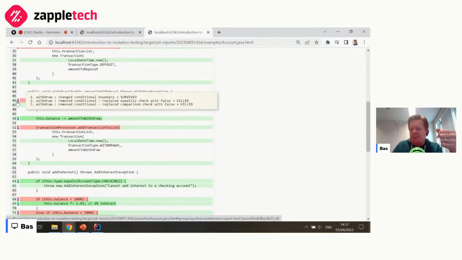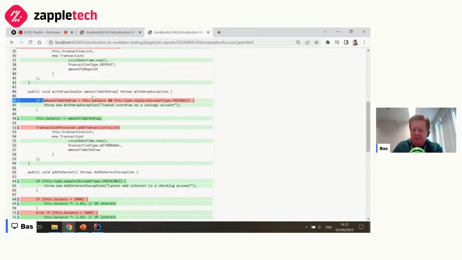PyTest has made 3 changes, created 3 mutants here. It removed this conditional and replaced that with false. That was killed, meaning one of our tests picked up on that.